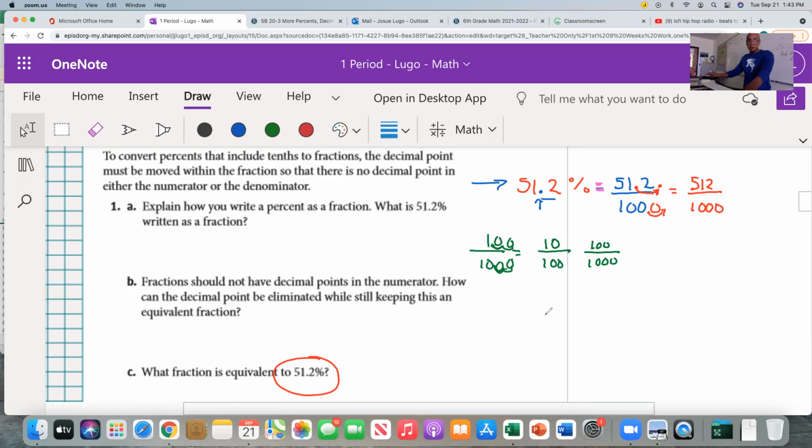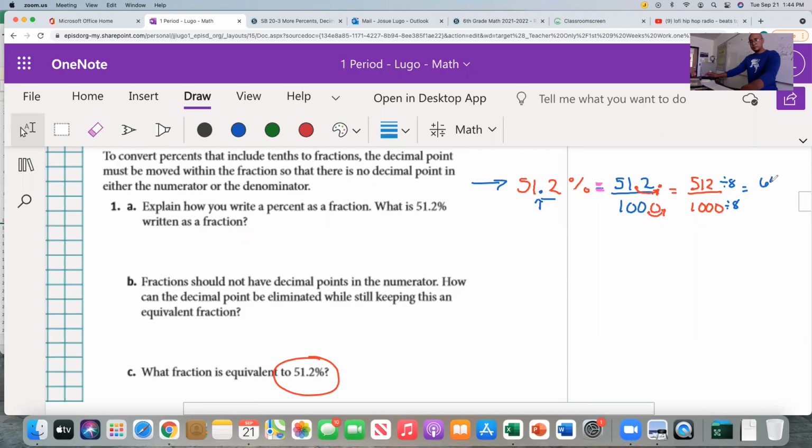That's what allows me to move the decimal all the way to the right on the numerator and do the same thing with the denominator and add the zeros and still have the same fraction. All right, now we just have to simplify this. And I encourage you to rewind that, watch it again if you're a little confused. But let's go ahead and simplify this. Just for the sake of time, I'm just going to show you that you can divide both of these by 8, leaving us with